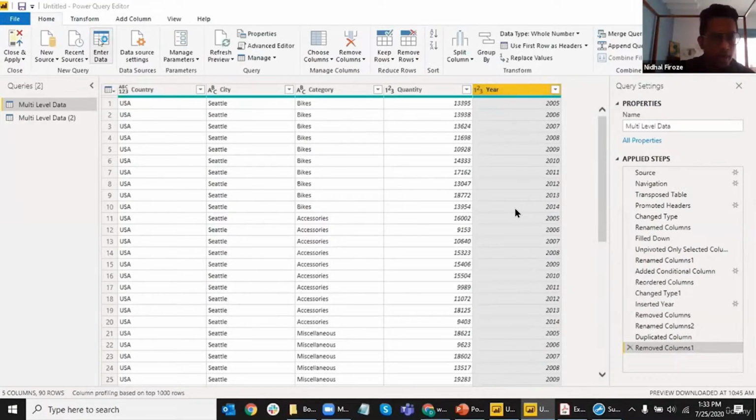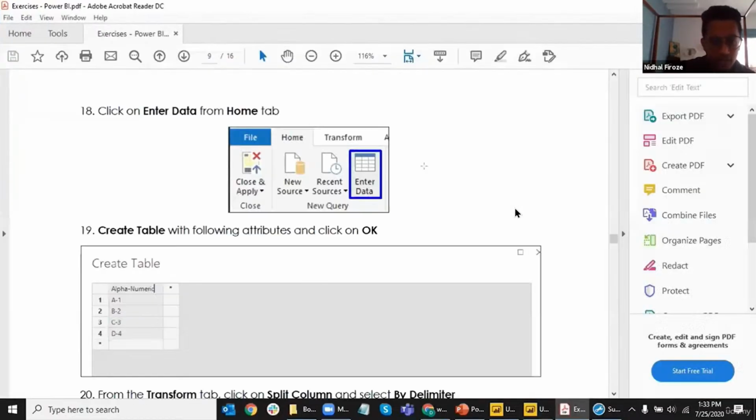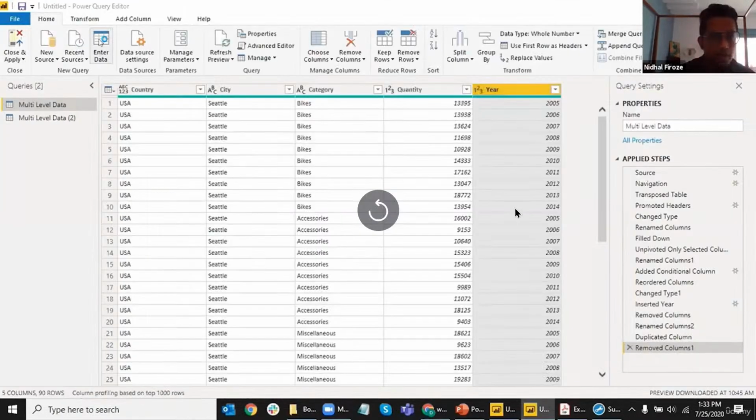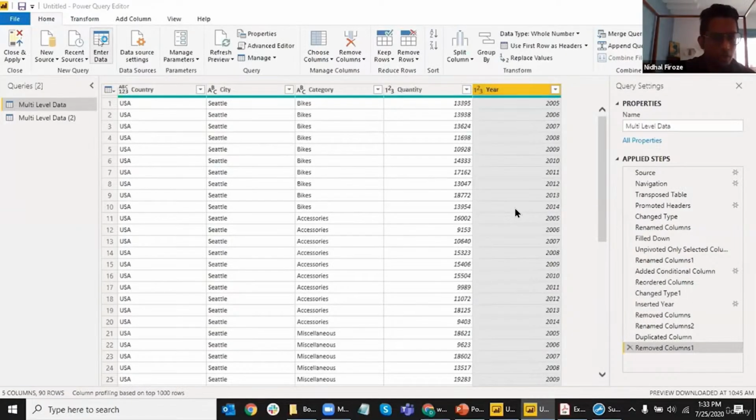And I'm going to enter some random data here, but what I'm going to do is enter something as simple as this. You can see it in the sheet, alphanumeric. Random data here, but what I'm going to do is add data, and I'm going to create a table or something like that. Okay, so I'm going